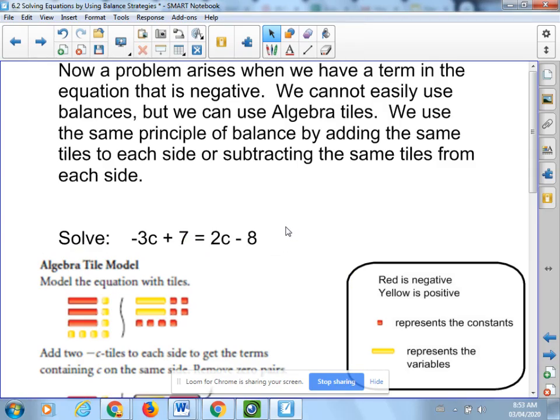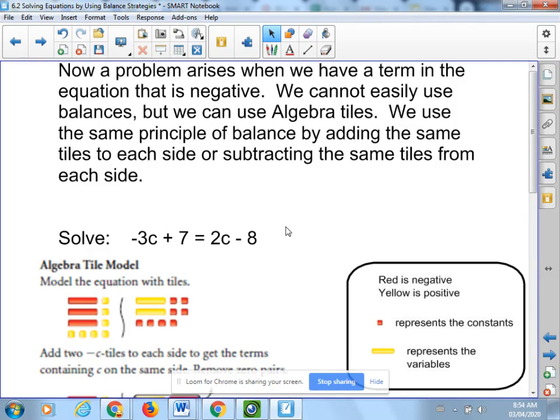We're going to continue with 6.2. A problem arises when we have a term in the equation that is negative. We cannot easily use balances, but we can still use algebra tiles to model it. These are the tiles that we would have been using last year, and while in class they are green